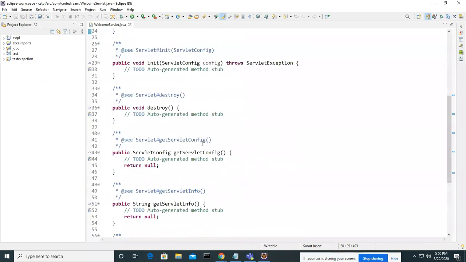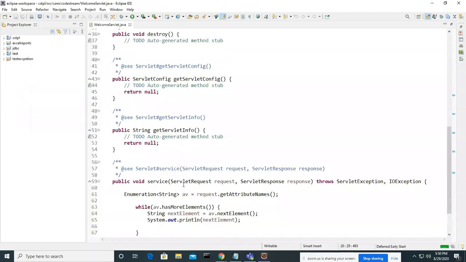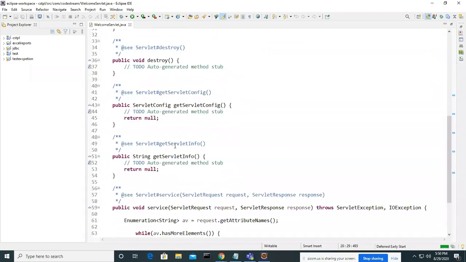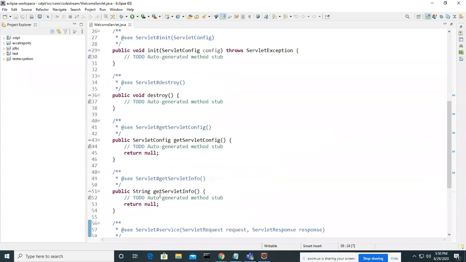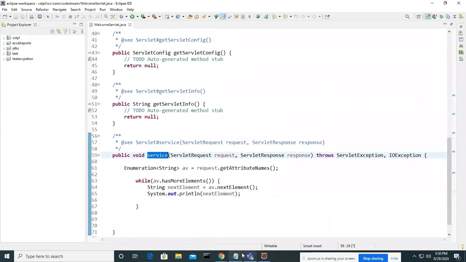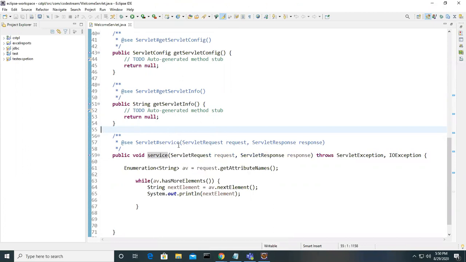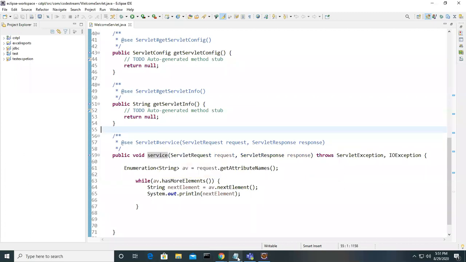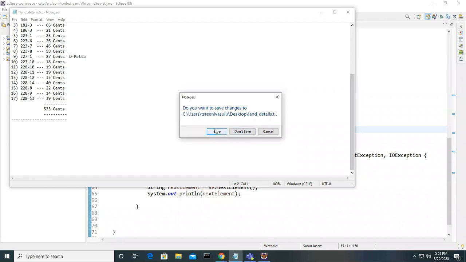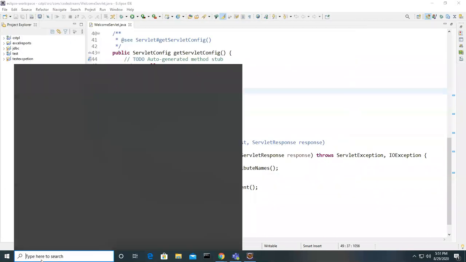Okay. So in the last class, we talked about how to create a servlet, implementing all the methods of the servlet interface, and we try to send a request to the server. When the request comes to the server, how is the server going to handle it? What is the first step the server will do?